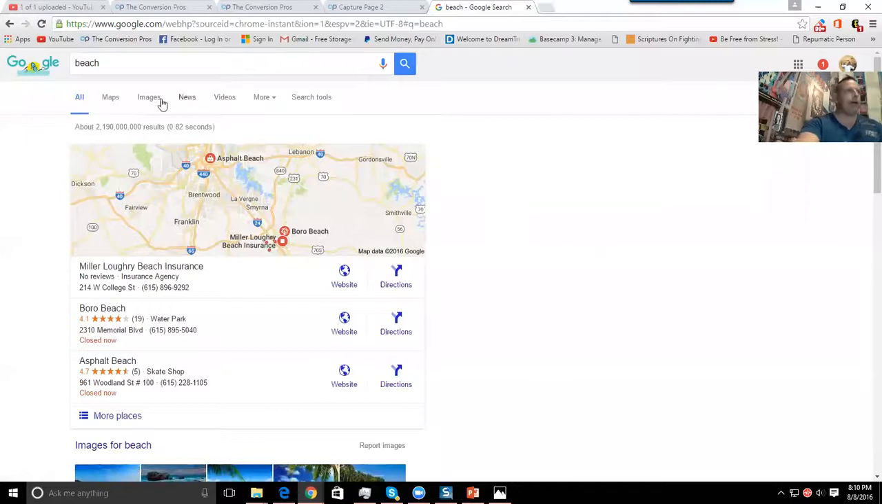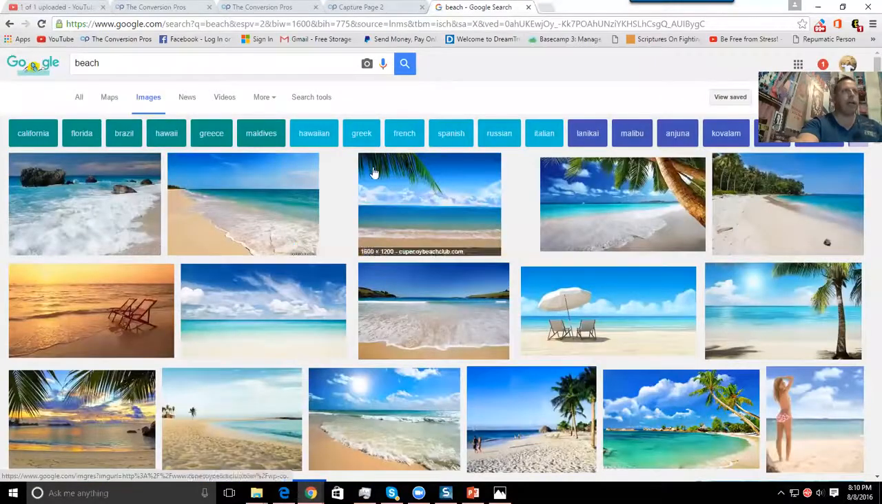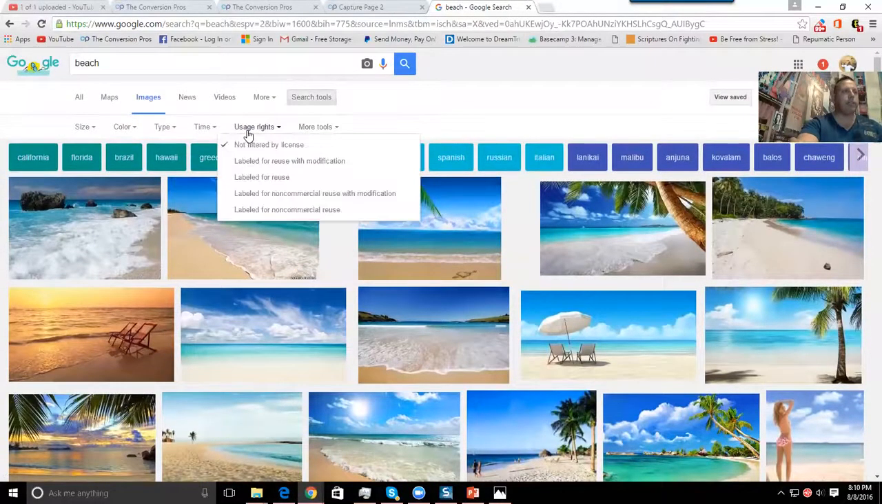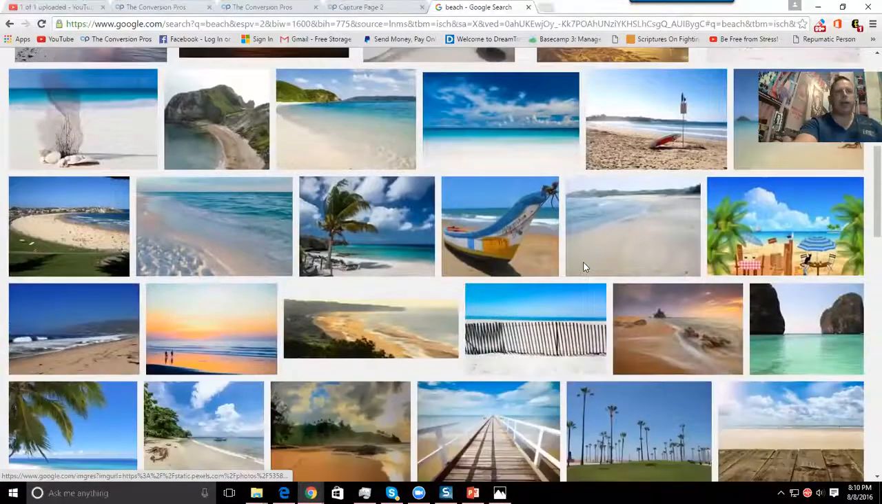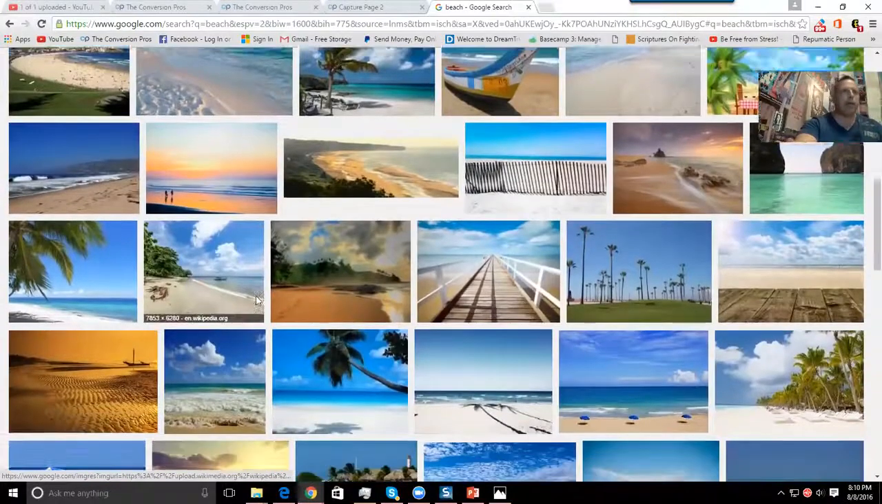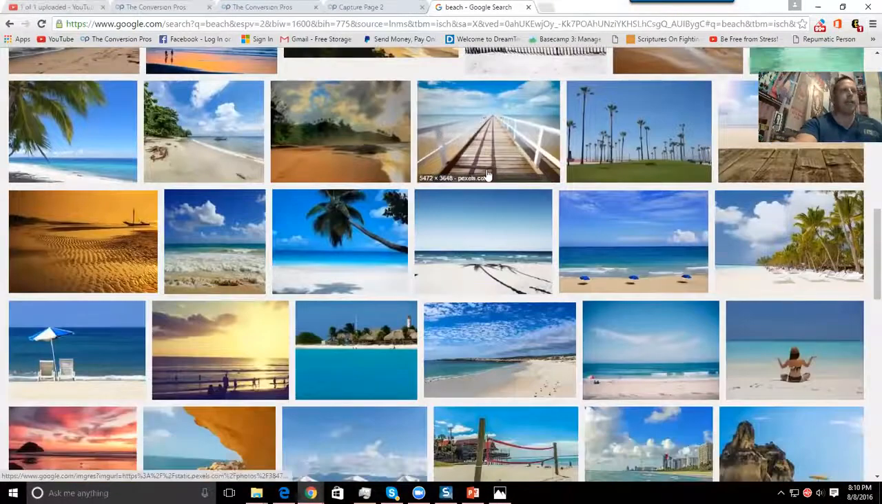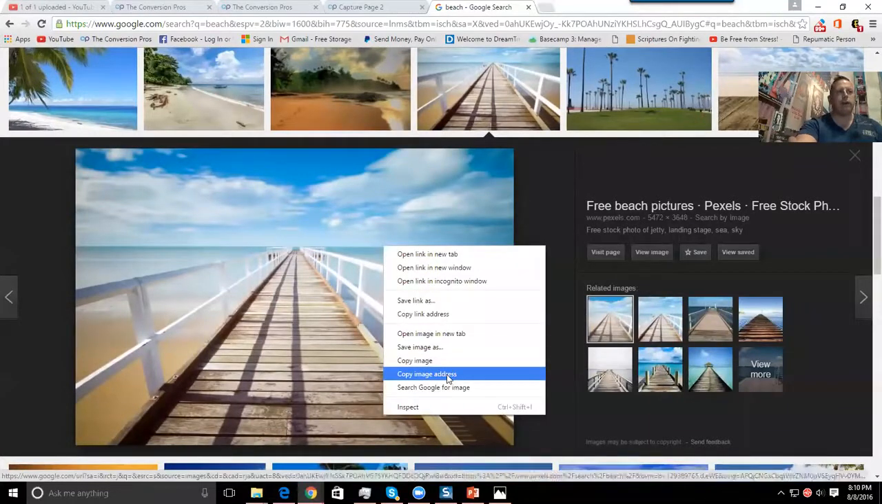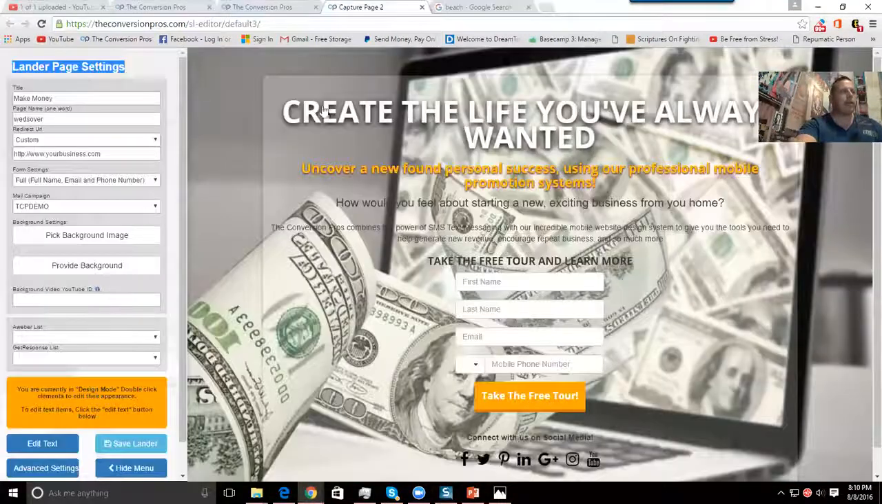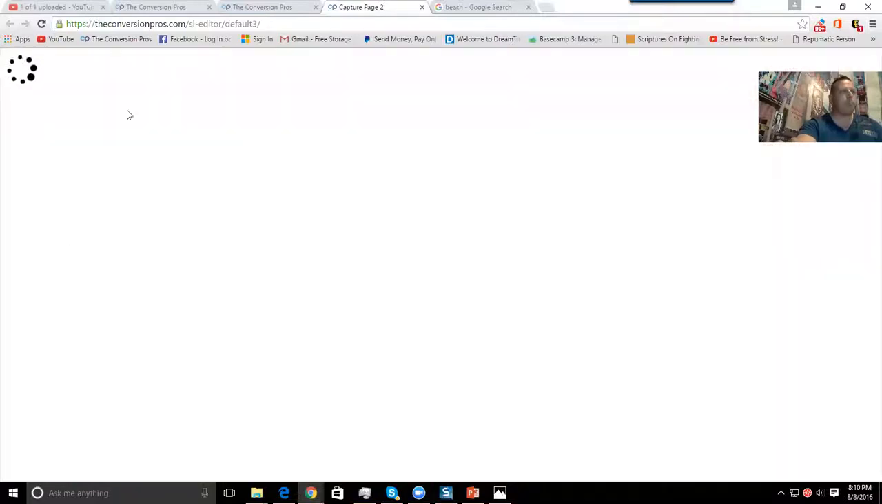All right? You can click on images, okay, and a lot come up, but make sure you look at the usage rights. You don't want to use any copyrighted images, okay? Once I do that, I have all these different images pop up, okay? So let's say I like this here, and I wanted to use this. I can actually right-click on it, copy image address, come back over here, and it says, whoop,